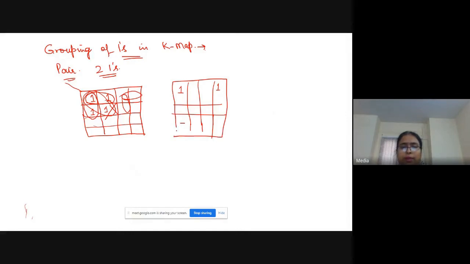Now, when you make a pair, one variable is reduced. So this is a four variable K-map. We have A, B, C, D. So in this case, it is 0, 0, 0, 0 here. I am removing this, a simplest pair I am making.